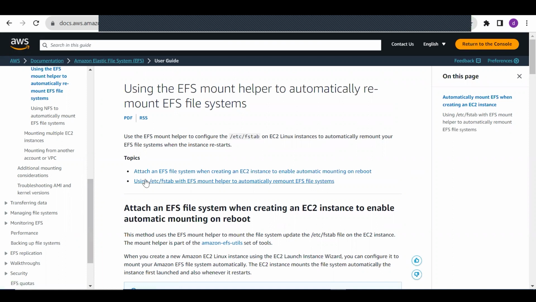Attach. Here you can see: attach an EFS file system when creating an EC2 instance to enable automatic mounting on reboot. So whenever you restart or reboot your server, it should automatically remount it, without doing it manually. We'll see how.